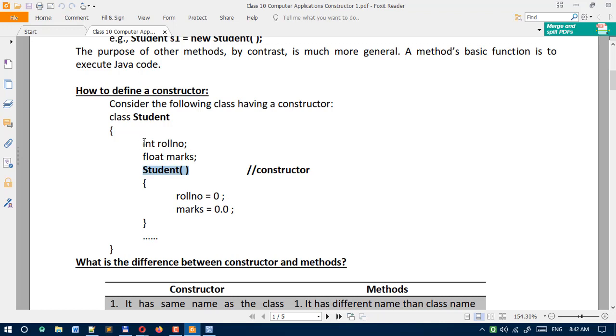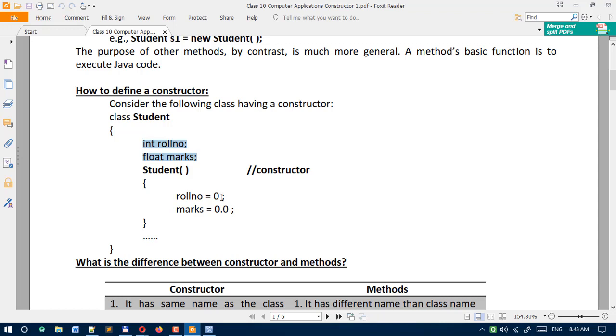So whatever variables you have defined inside a class, for example here roll number and marks, these are the data members of the class. These are the variables. Inside a constructor we are just initializing. You can see we are initializing roll number equal to 0.